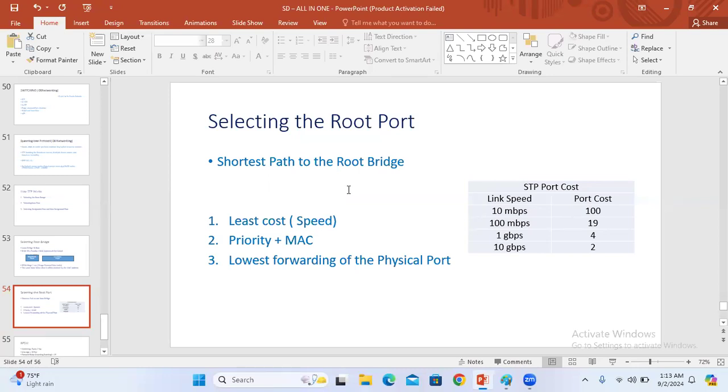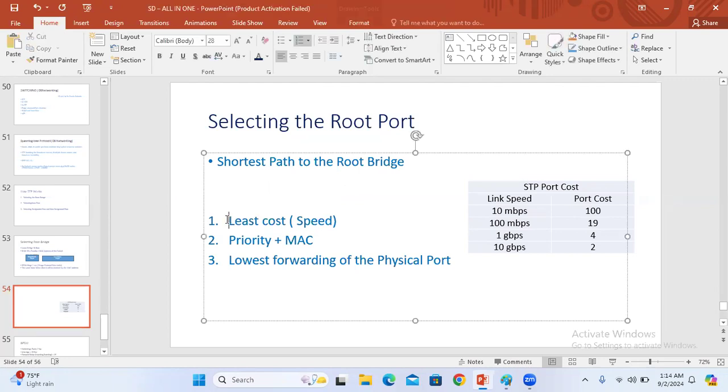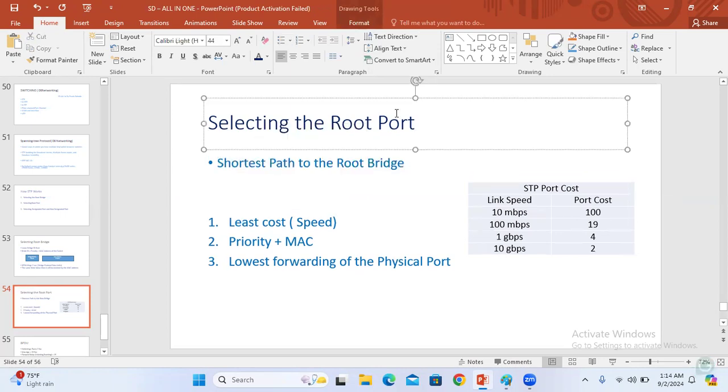Now the selection of the root port. Here we will first discuss which is the shortest path to the root bridge, and that comes under the root port. What does it mean? Before that,